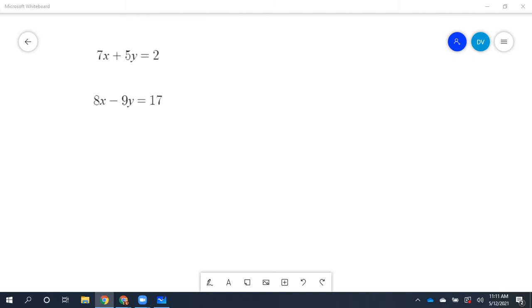Okay. Now, what we want to then do is find the common multiple first, the multiple of 5 and 9. So let me just make a little note there. I'll make this larger in a second, but we need the lowest common multiple. Some people call it the least common multiple